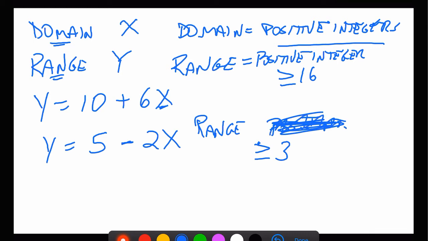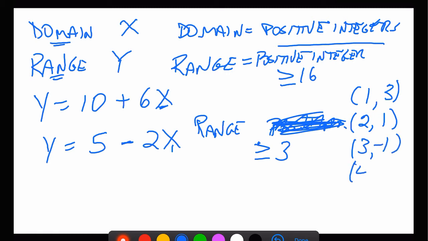Ignore that. 1 for x gives me 3. 2 for x gives me 1. 3 for x gives me minus 1. 4 for x gives me minus 3. So really what I have is all the odd integers which are less than or